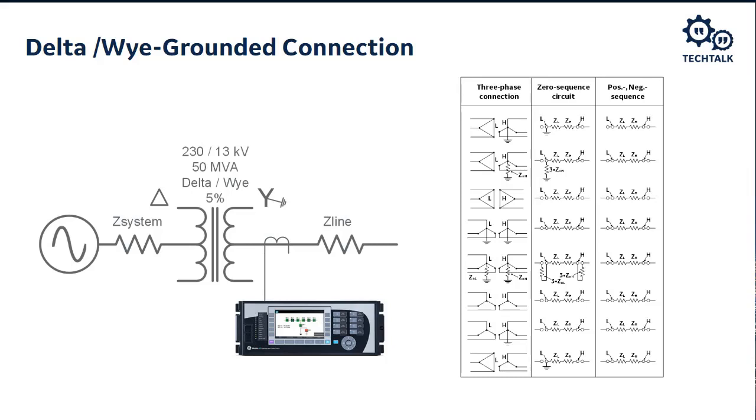It allows us to block that zero sequence current. And so, what I show on the right there is several different networks, several different transformer connections, and what those zero sequence networks and the positive and negative sequence networks will look like to that transformer. And so what that means for us then